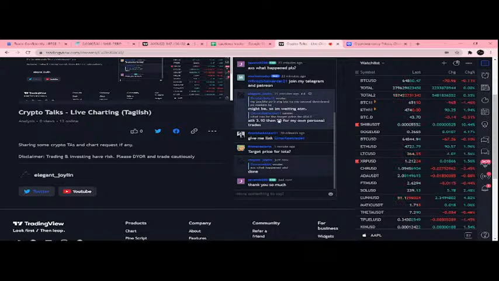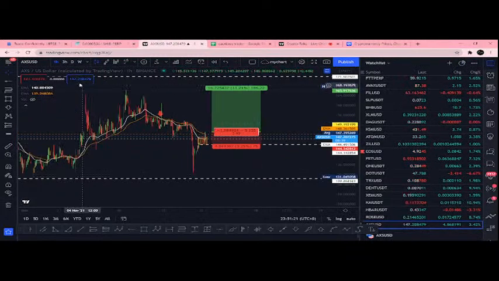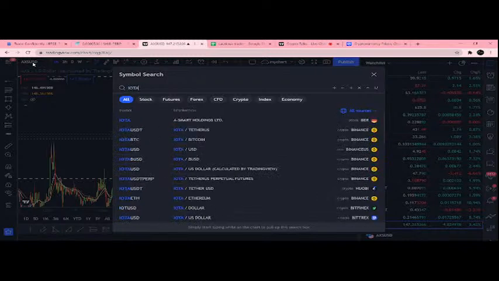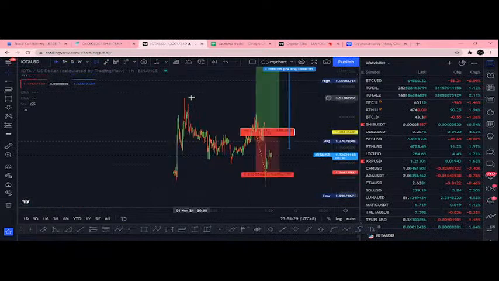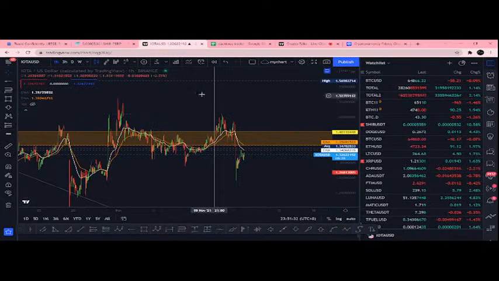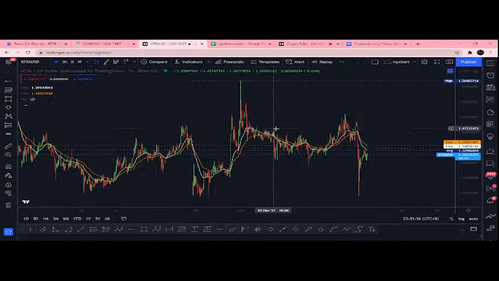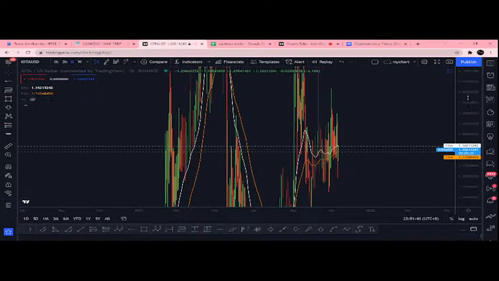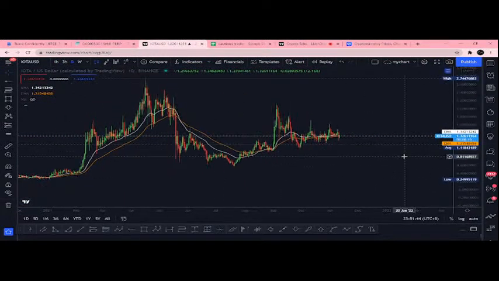Target price. Wait, natitrade si IOTA. I don't know. I think I traded it once, but I settle it in USDT. I remember. There's actually a perpetual here, and we'll use first the daily time frame. So it's already at